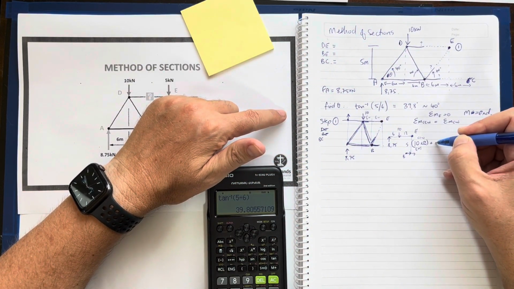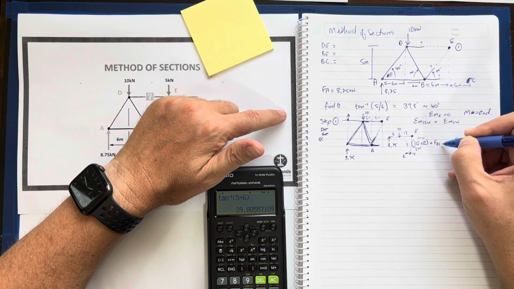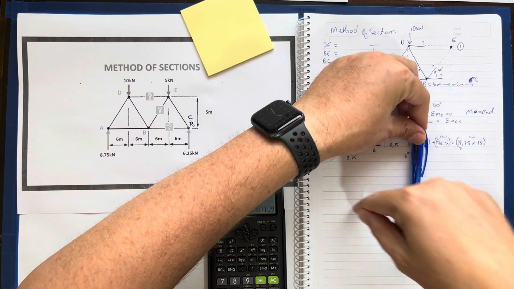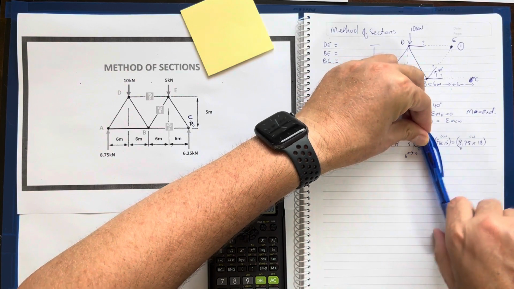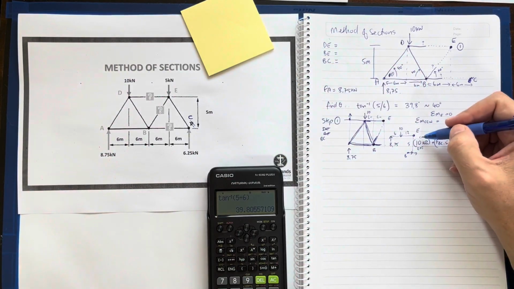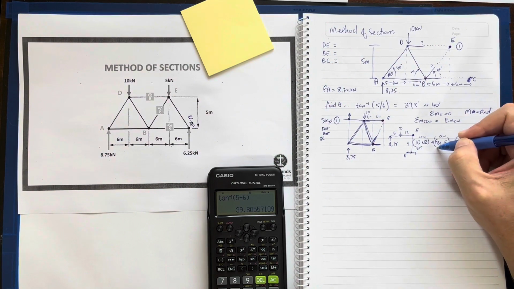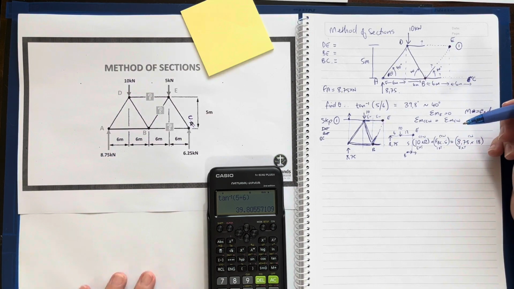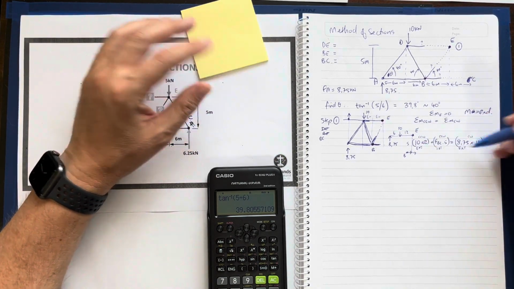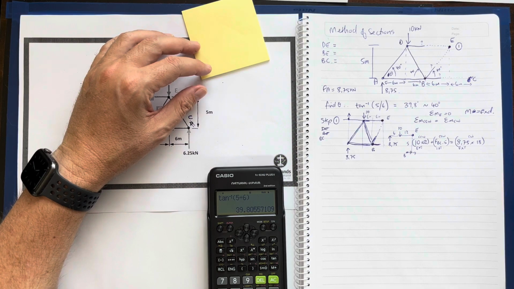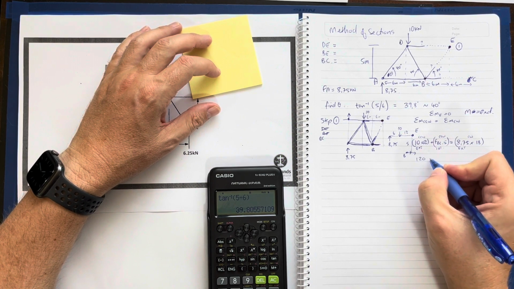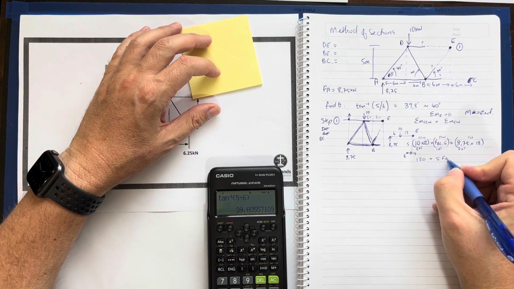So that is force in BC times how far? 5. My counterclockwise moments are going to cause my beam to want to pivot in this direction. It's an internal force. So I have an external force and an internal force, causing a moment force at point E. And there's my formula. So 10 times 12 is 120 plus 5 FBC